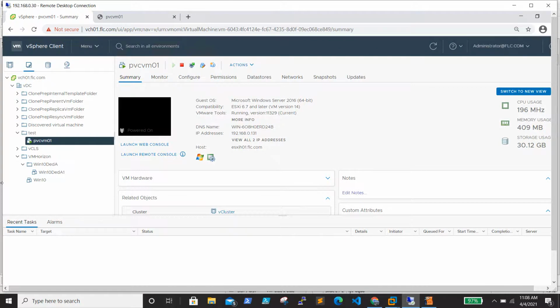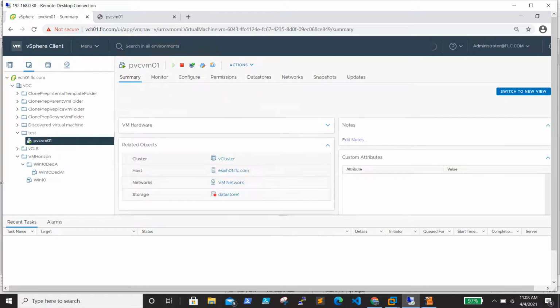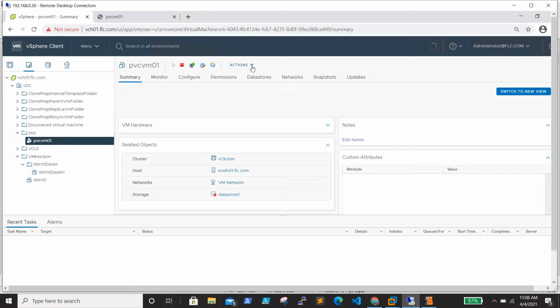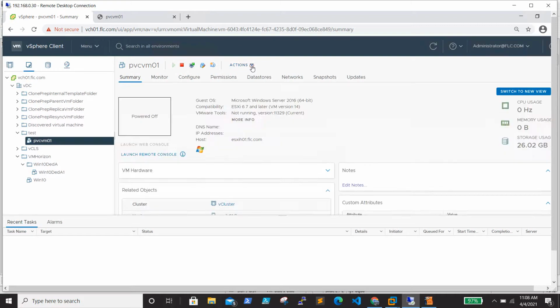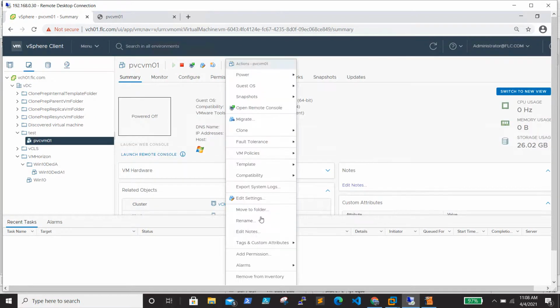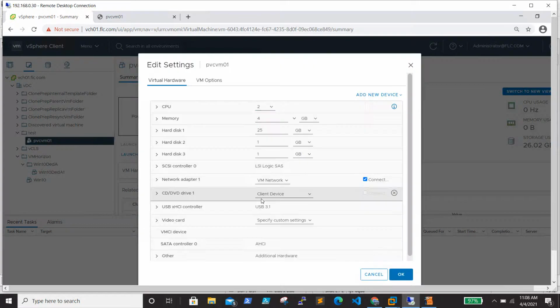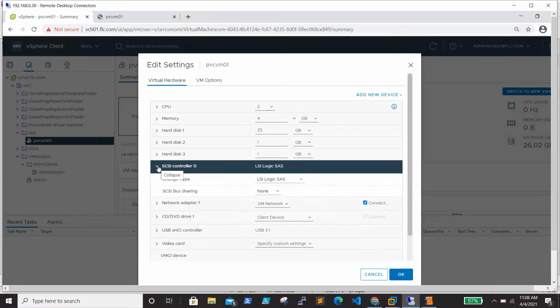If you directly change the SCSI controller from LSI to paravirtual, when you power on, the system will go to BSOD, blue screen of death, because the driver is not available for the operating system. So we need to follow a process where we add an additional SCSI controller before that.